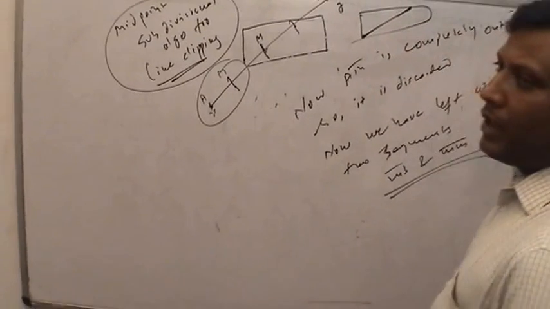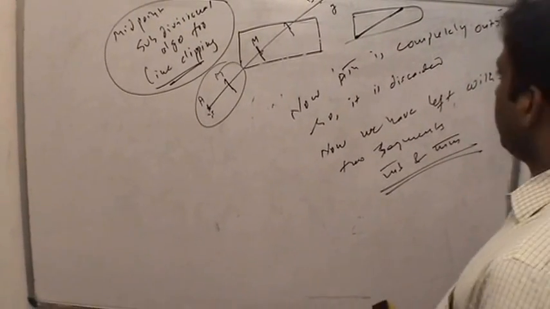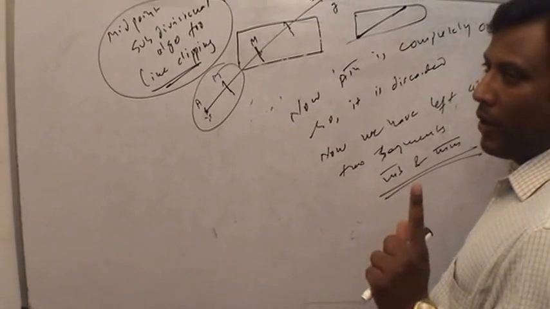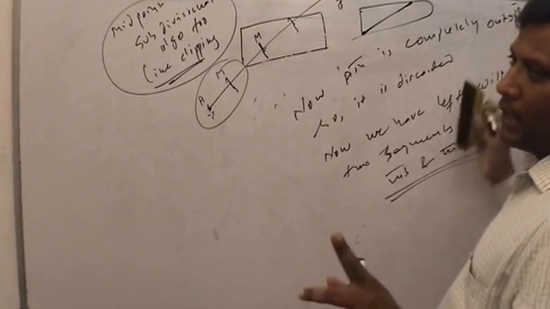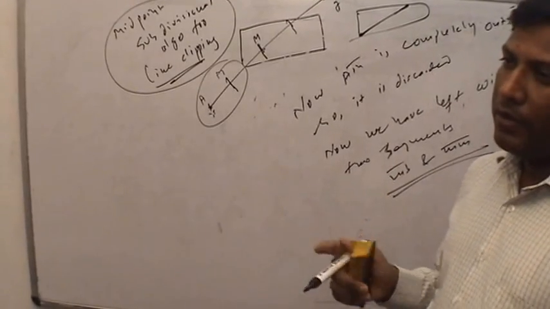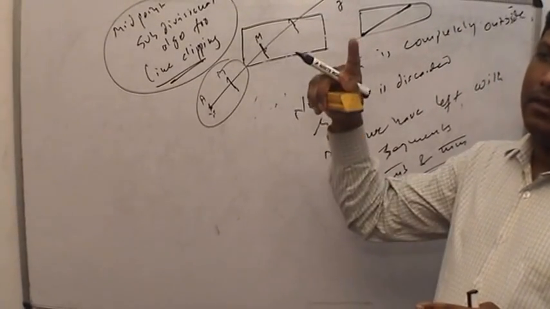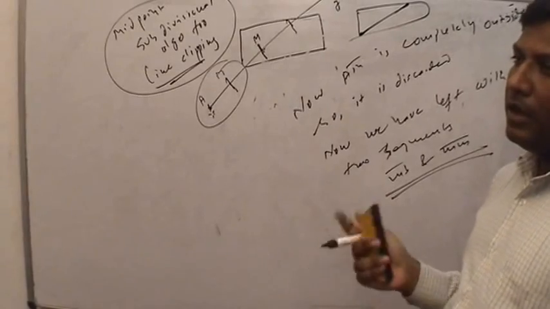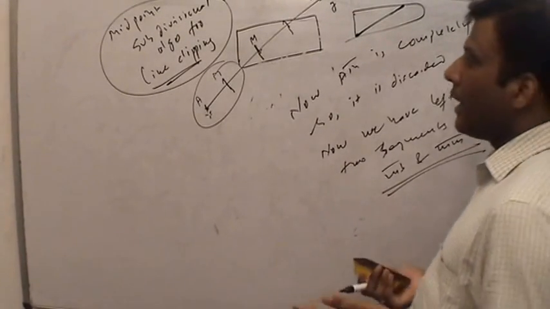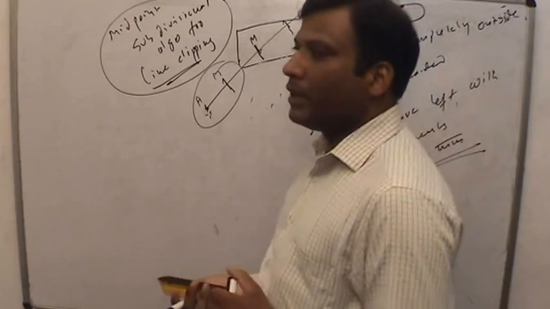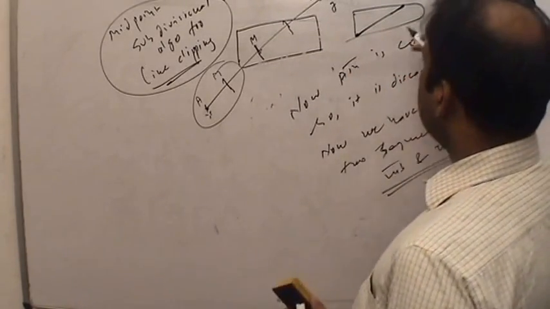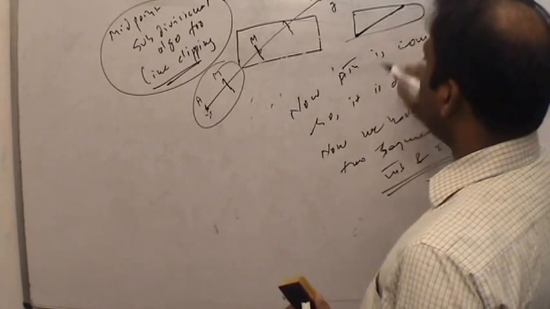So we have to clip the line according to the midpoint subdivisional or Cohen-Sutherland algorithm. In the Cohen-Sutherland algorithm, we have to find the region code, and according to this, if the value of y is greater than y dash, then we have to place the value of n as 0 and n as 1. When we apply the midpoint subdivisional algorithm for line clipping, we have to subdivide the line in forward directions, when we see the line is under the clipping window.